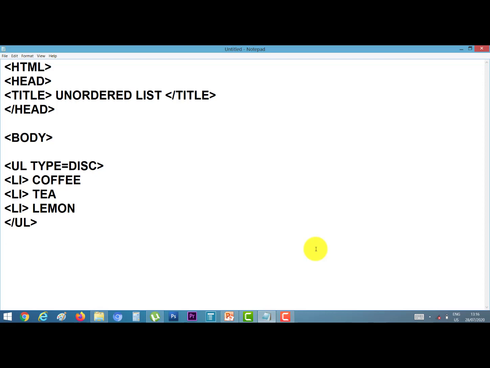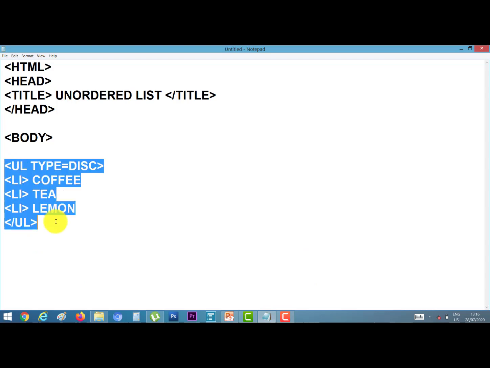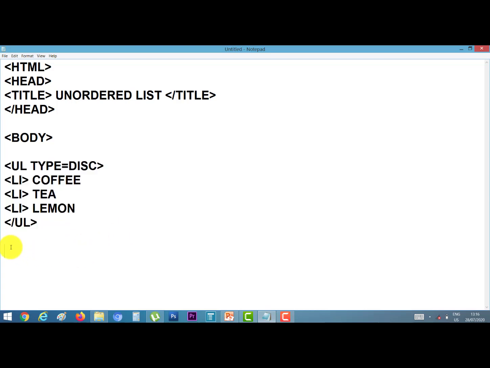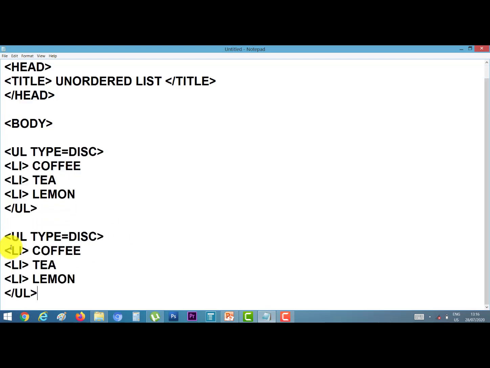Now I am giving the second type of bullet. Select your items, Ctrl C to copy, Ctrl V to paste, and we can change the type to circle.